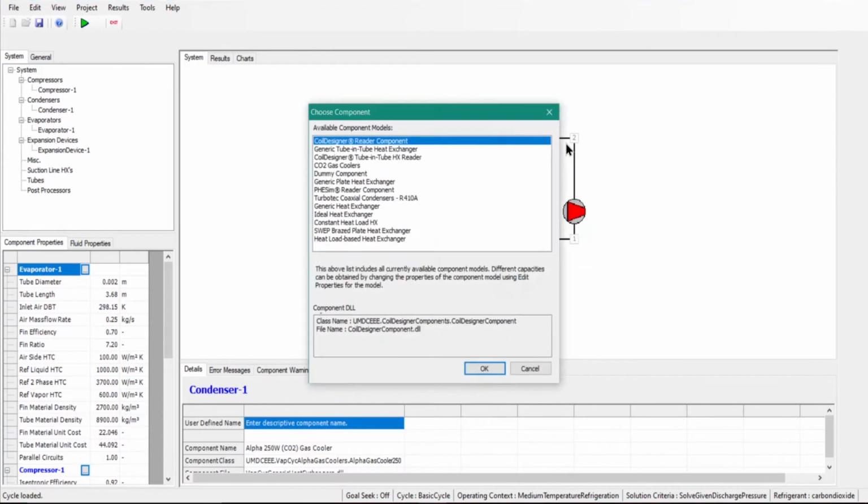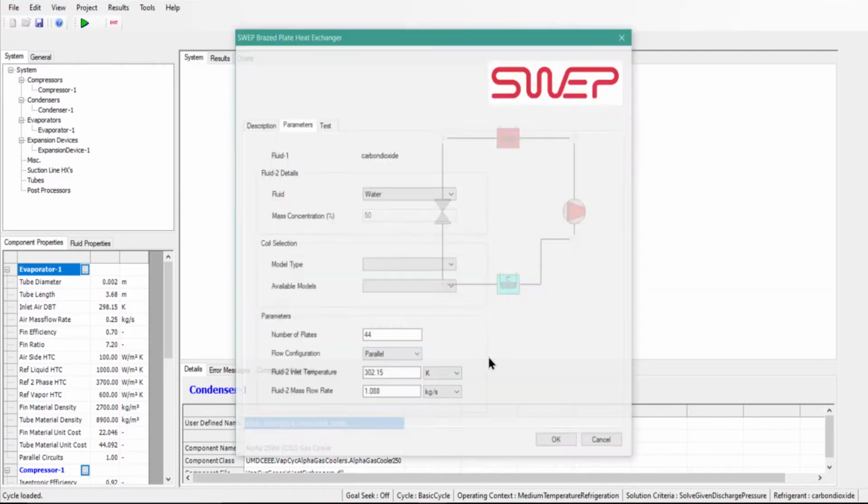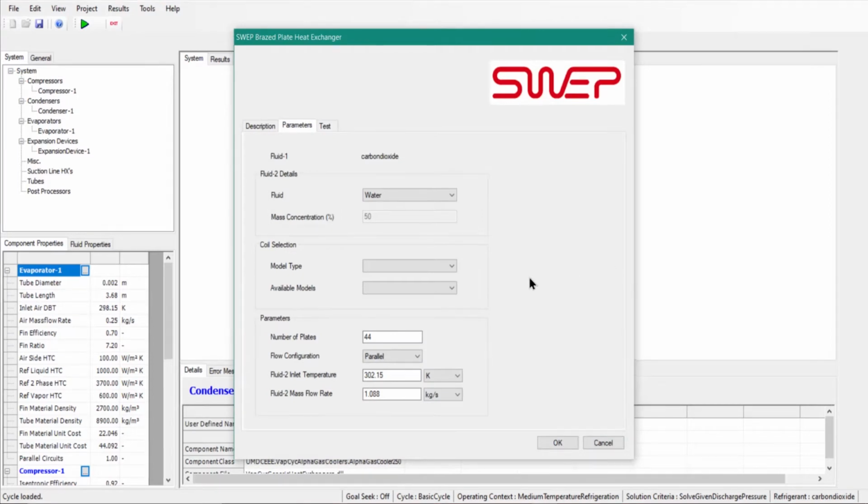The SWEP VapCyc component should now appear on the heat exchanger components list as SWEP brazed plate heat exchanger. Choosing this component will open an Edit Properties window that looks like this. This heat exchanger takes in two fluids, the first of which is defined within VapCyc and is currently carbon dioxide